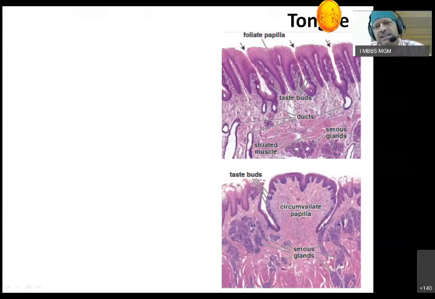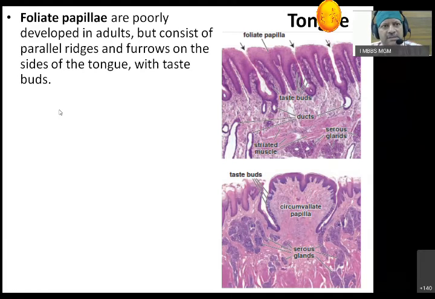Another papilla, which is seen on the lateral side of the tongue, shows the groove, and you can see here the taste buds are laterally placed. But this is a projection on the surface. They are called foliate papillas. Foliate papillas are more concentrated on the lateral surface. They are very well developed in children, but as the age grows, they slowly go down.